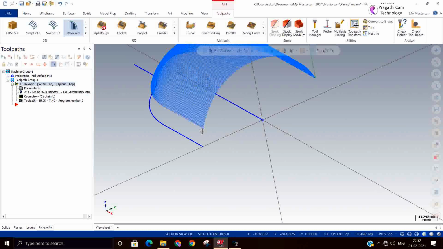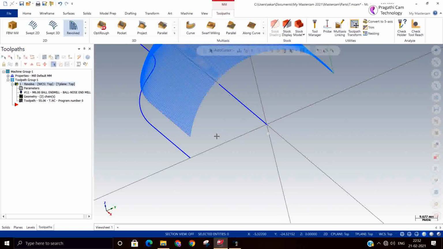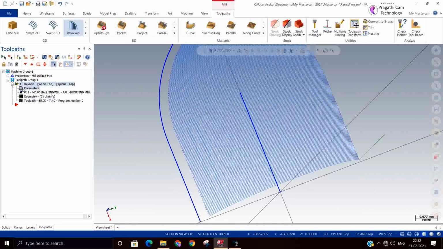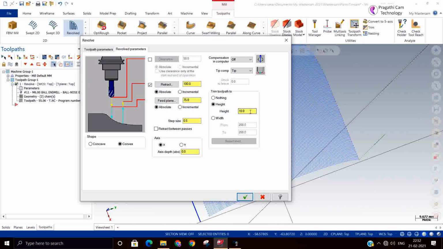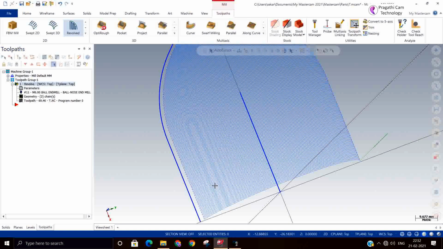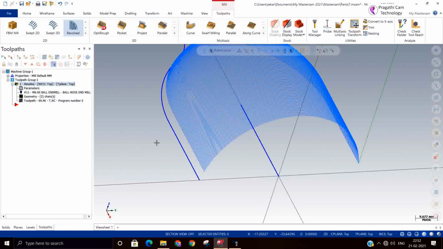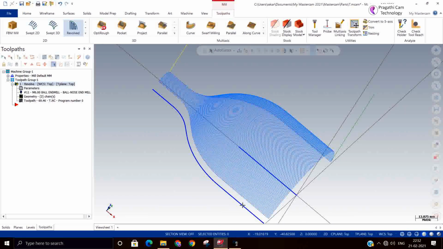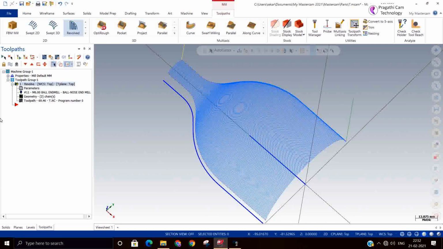So this height means what? So 10 mm it left and it will machine like this. The meaning is height. Otherwise you make it 5 mm. What is wrong? So it means you don't want to cut up to the bottom. Then you can reduce whatever the shaft height you want. That you can add.